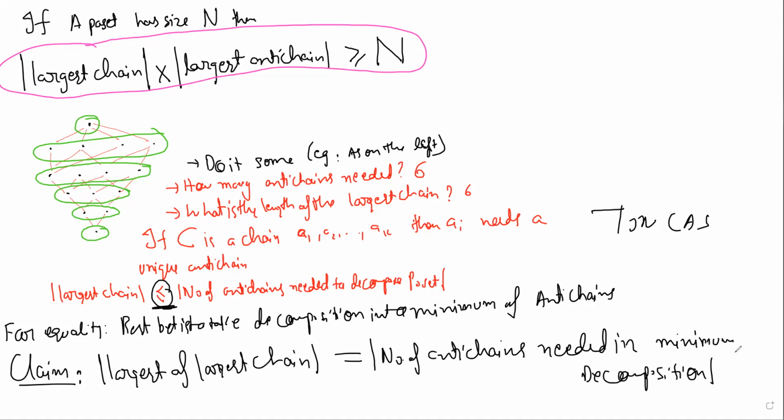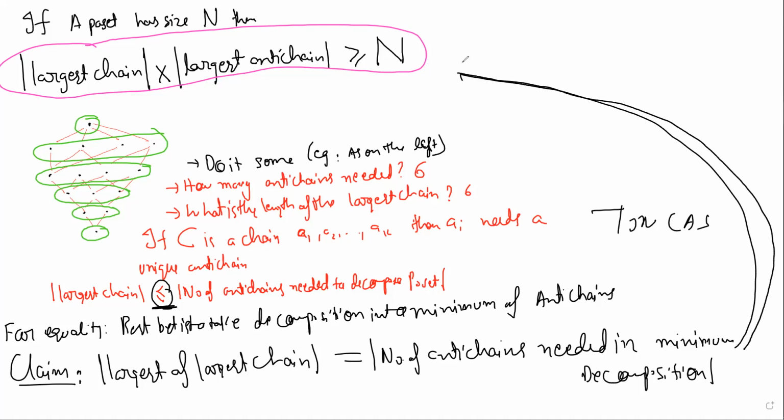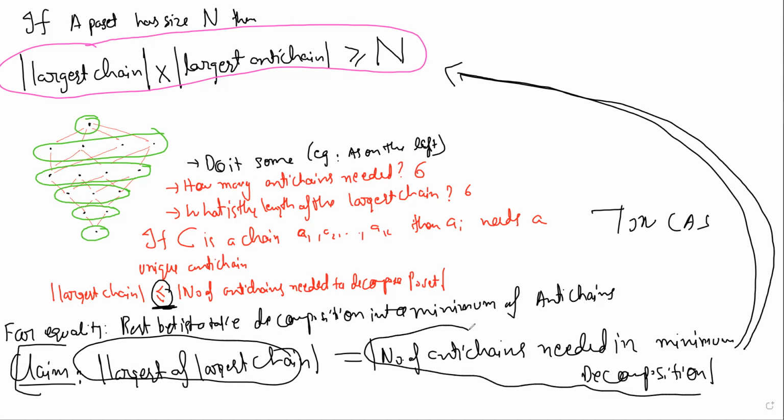But can you see how this implies this in a rigorous way? This is a much more profound statement, remember. It's a min-max kind of statement. The maximum of some set, the set of all chains, is the minimum of some other set, which is the set of all decompositions. So there is some family of objects here, and they kind of touch each other. The minimum of one family is the maximum of the other.